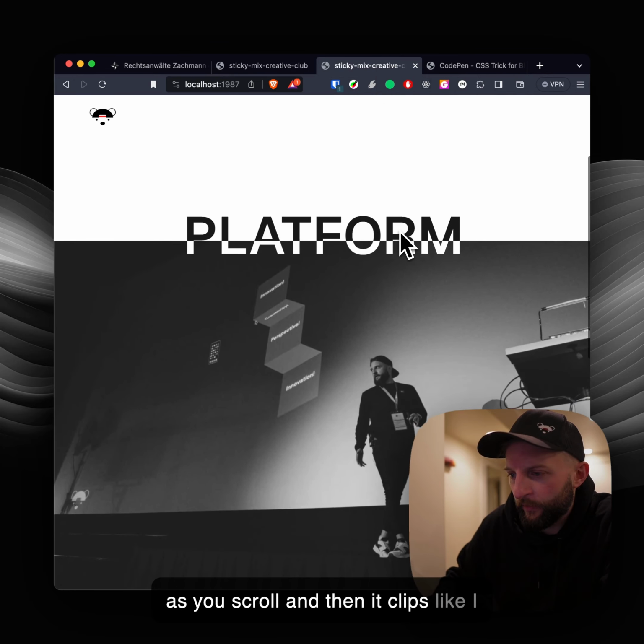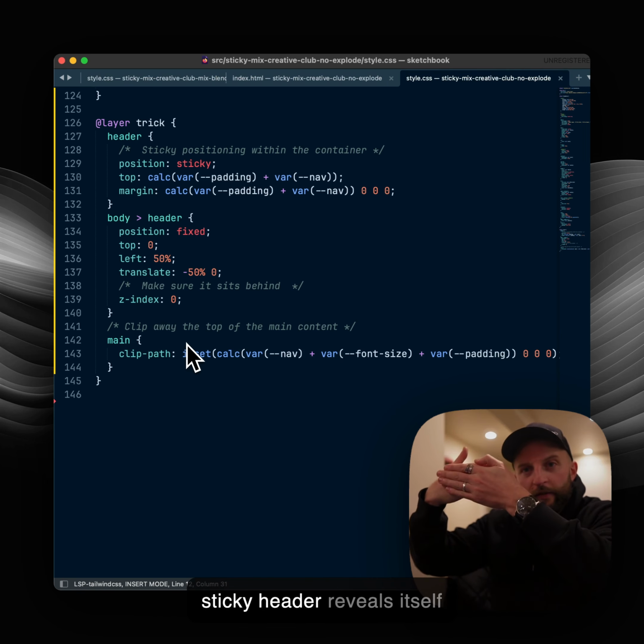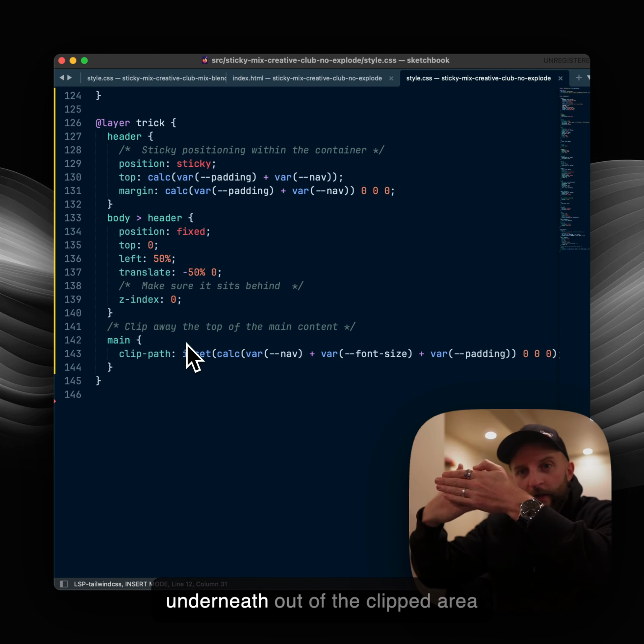You clip away the piece of the main content that you don't need to see at the start. And as you clip away the top, that's where your sticky header is. And as you scroll, the sticky header reveals itself underneath out of the clipped area and shows itself. So you have this clip path that's clipping the top using inset, and it's a combination of the nav height, the font size of the header, and the padding. So if we go into our demo again,